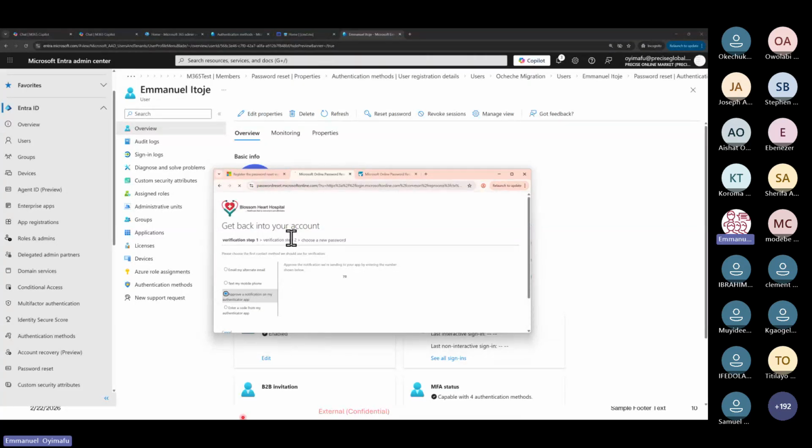I don't want to stress myself using email. So this is done. So I have to select one, either email or text to my phone. Which one should I select? Let me do text to my phone. Now they will want to know if I'm the owner of this number. I will now put it 070 3871 4490. If I do next, if I put a different phone number, it won't work. So a verification code now will be sent to my phone.